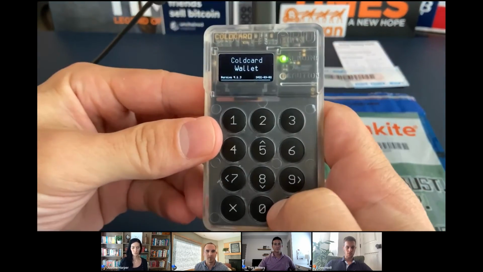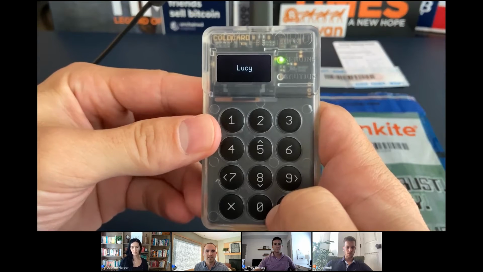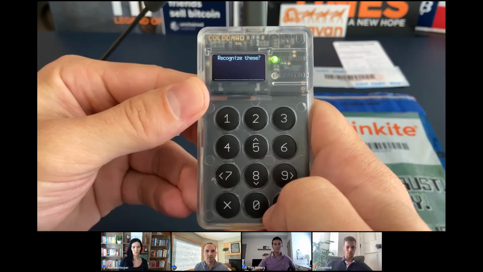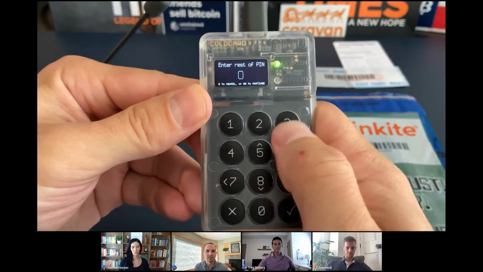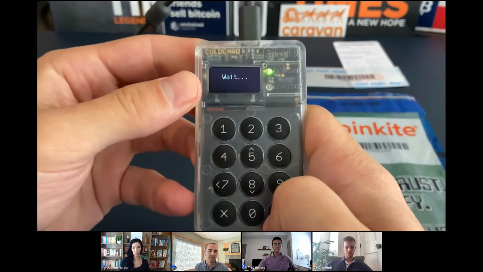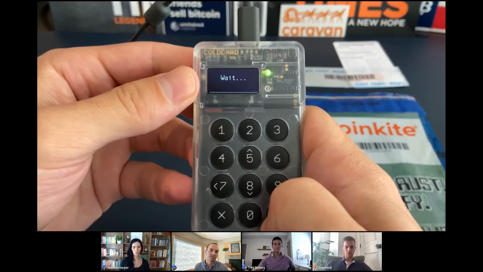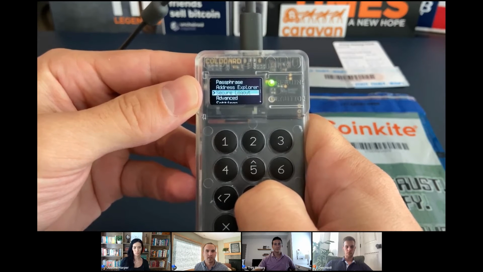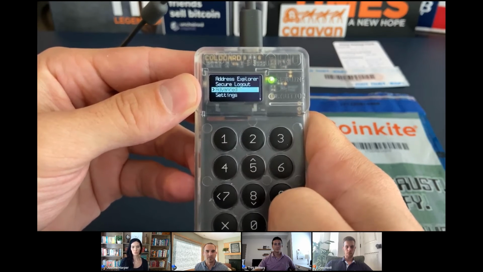You'll see me power up the device and go through entering my PIN as Dee talked through before, recognizing those anti-phishing words, and then completing the PIN. And so the instructions for what to do with your device are still right there on the Unchained website. And I'm just going to go through another option here. You can scroll down to Advanced